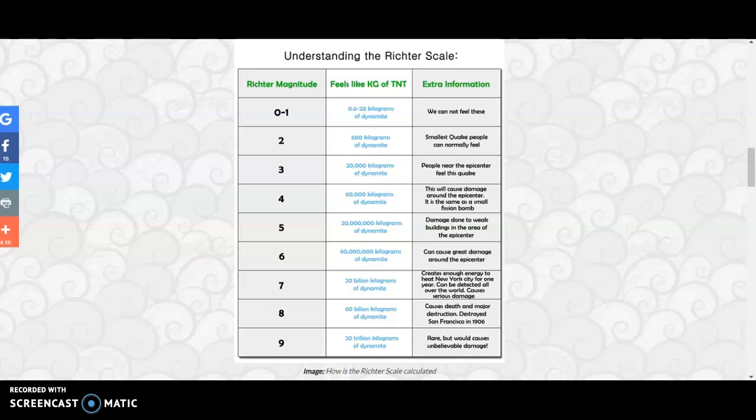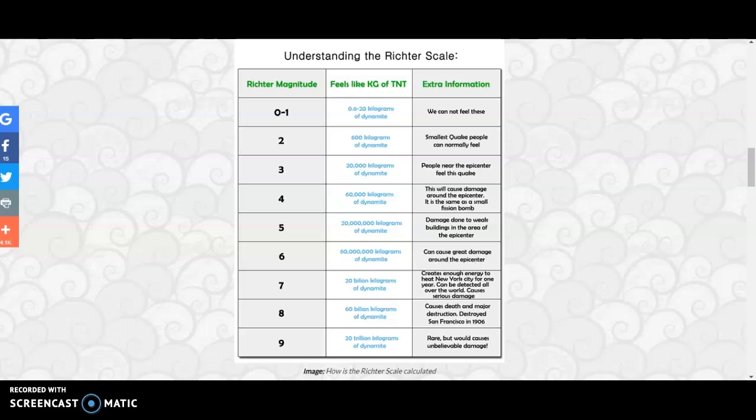Something that I think has been confusing to people when it comes to looking at COVID data is the use of logarithmic scales. So I just found this picture explaining the Richter scale online. This is an example of a logarithmic scale that you've probably been exposed to a lot. Not that we have earthquakes in Kansas, but you've heard about this on the news. So the Richter scale, this is how they measure the magnitude of earthquakes. So for example, you might hear, well, it's a 5.2 magnitude earthquake or an 8.2 magnitude earthquake or whatever.